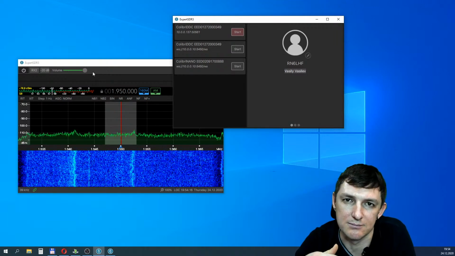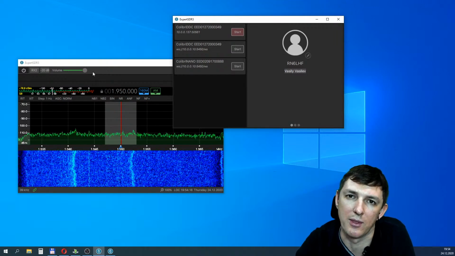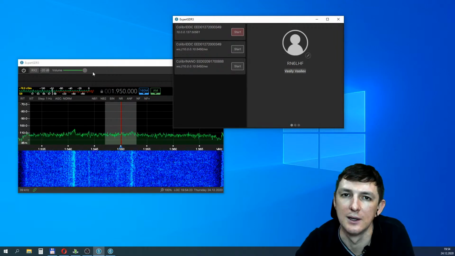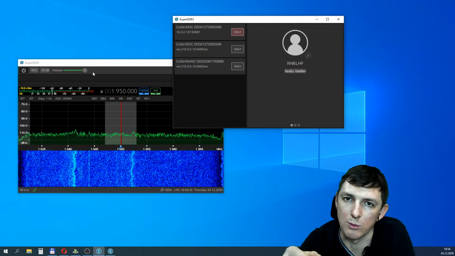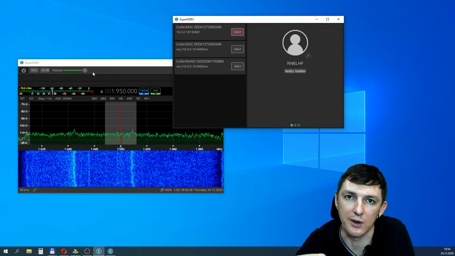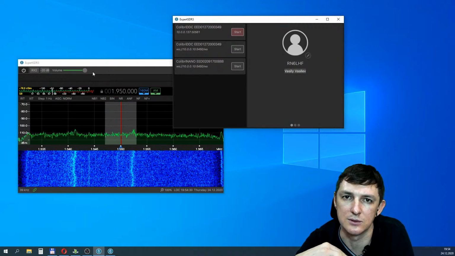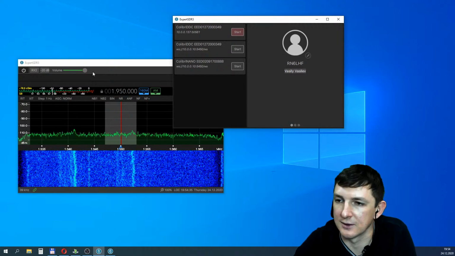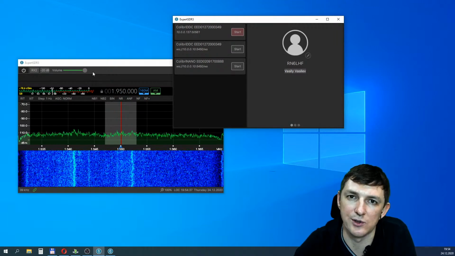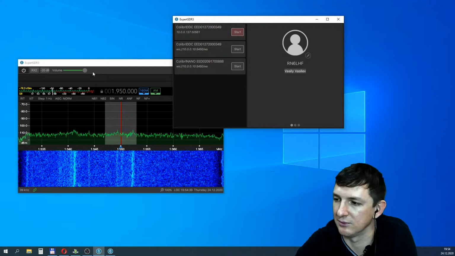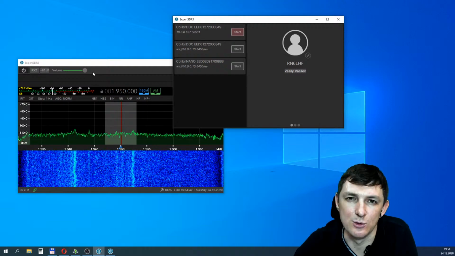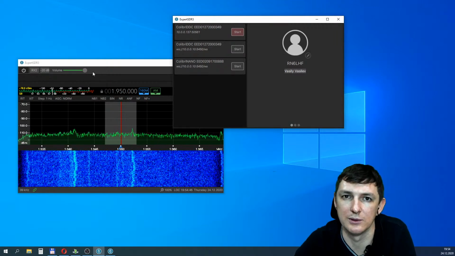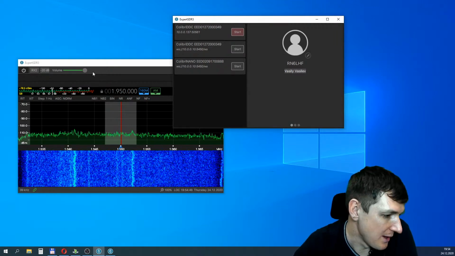You can do it with two ADCs on board, like in some devices, but you can also do it with a different device, and Expert SDR 3 allows you to use all these features. I think next year will be interesting with new features in Expert SDR 3 software.